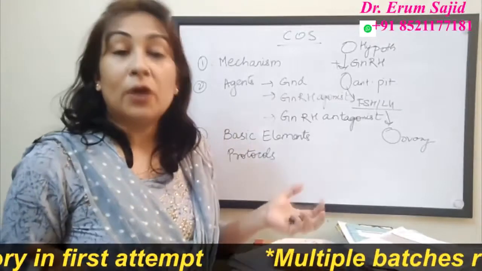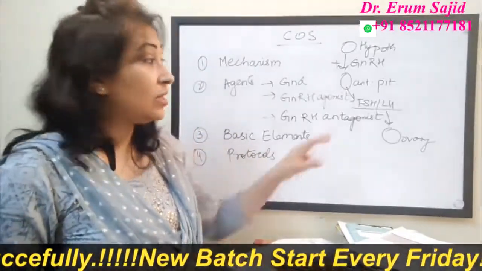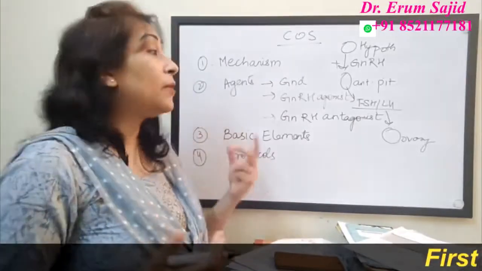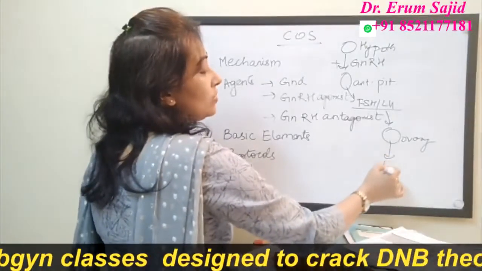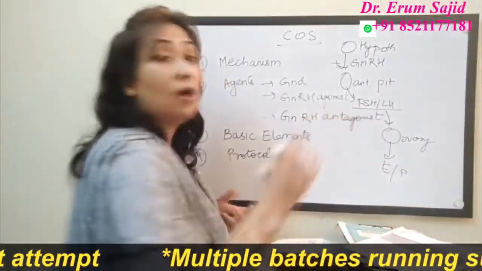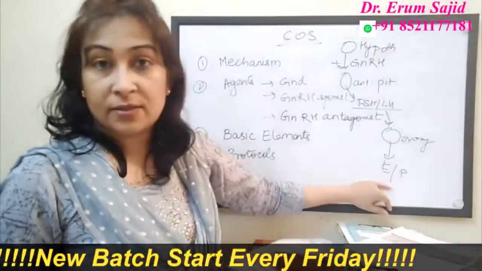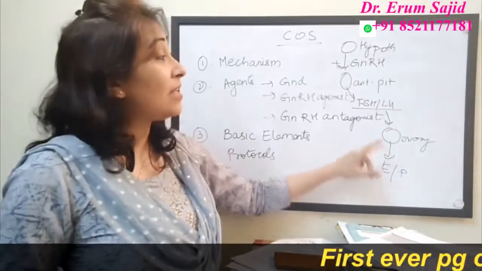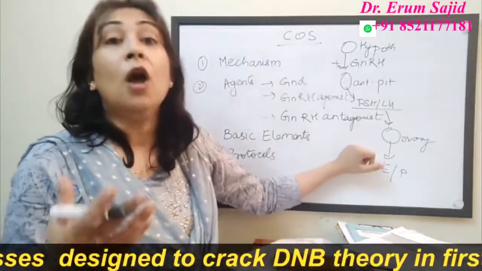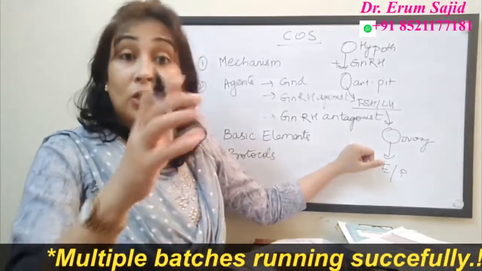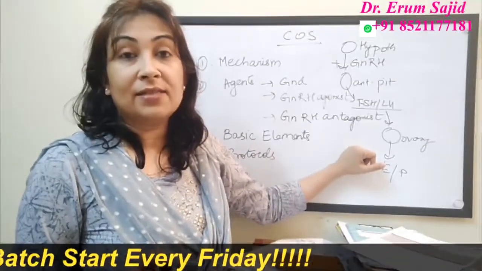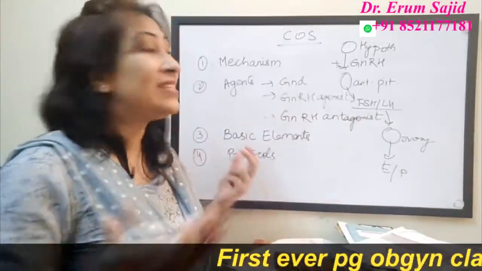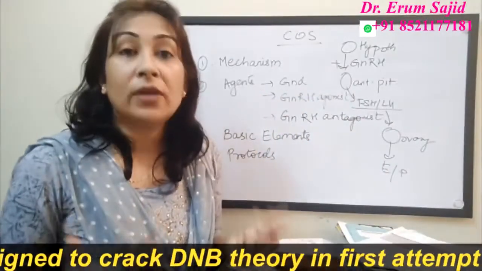For example, follicular recruitment, follicular maturation, LH surge release and final ovulation, and of course the production of various hormones, estrogen and progesterone, from the body. These are the final end products, the hormones which are responsible for various things. But as far as follicular recruitment is concerned, follicular maturation is concerned, and dwindling of follicles is concerned, that is all under the control of the gonadotropins. So basically FSH and LH happen to be gonadotropins.